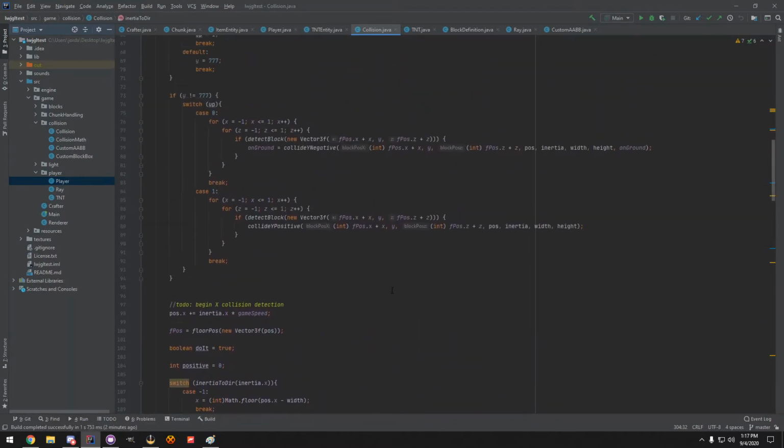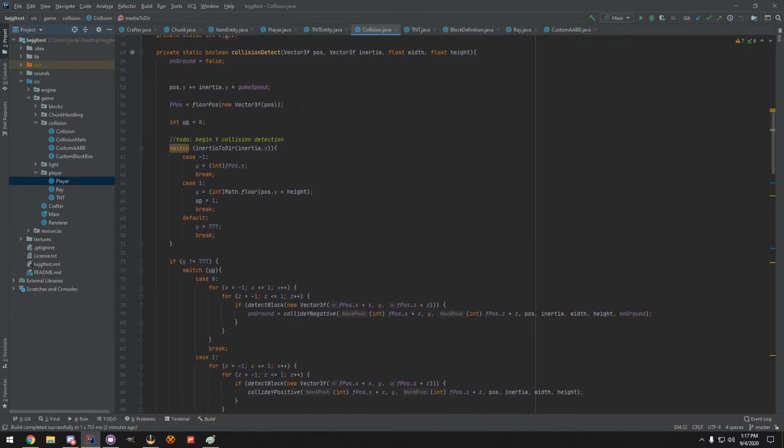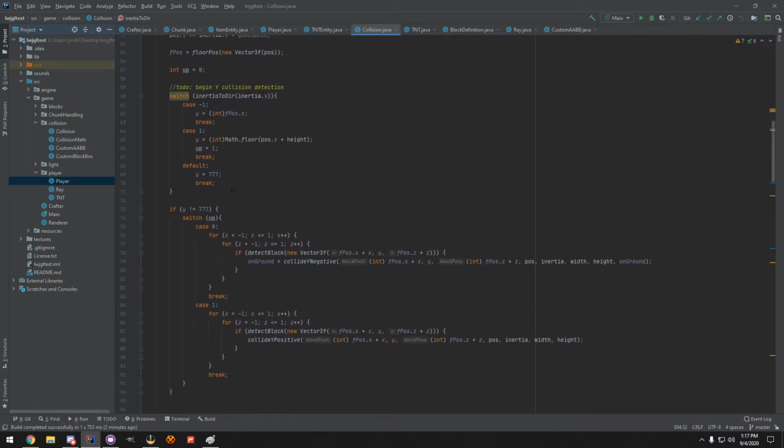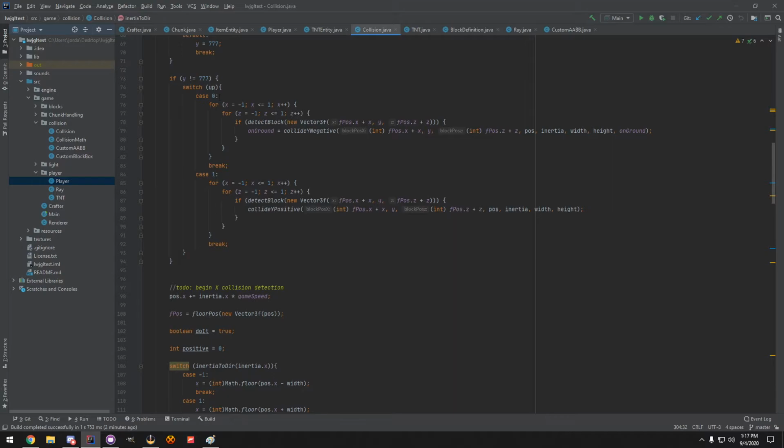Okay. Well, I know what you're saying right now. What is any of this about, right? Let me show you. We have a switch statement on the inertia direction that I was talking about. It does -1, 1, and then the default would be if it was a case 0. If it's 777, which should be a Boolean, obviously, but I was prototyping it, it's whatever. If that doesn't equal 777, which is well outside of the boundaries of the y-axis of the map because its height's 127 technically from 0 count, then it won't run this, but if it does, it will run these very specific